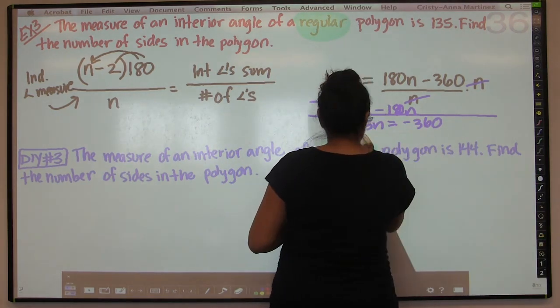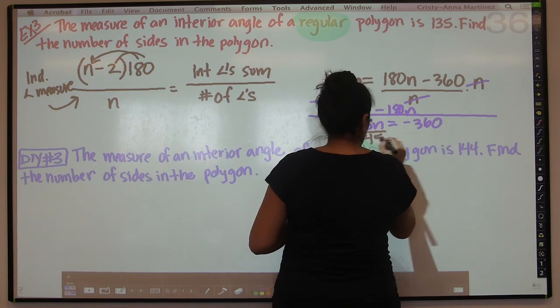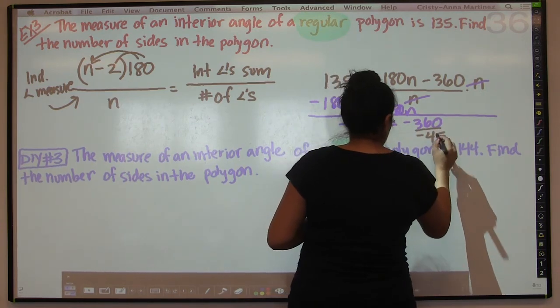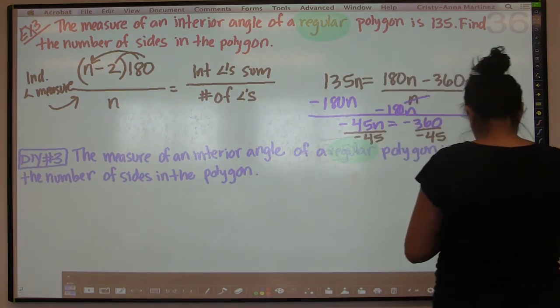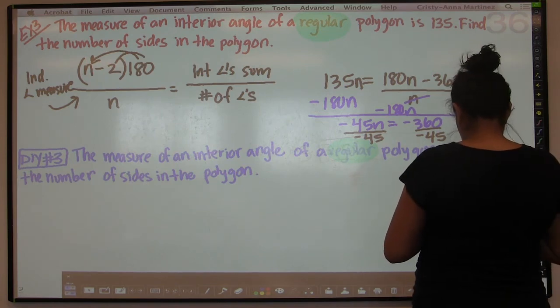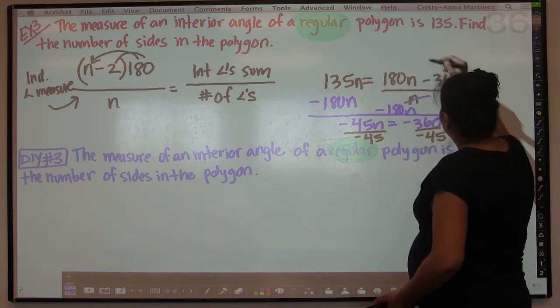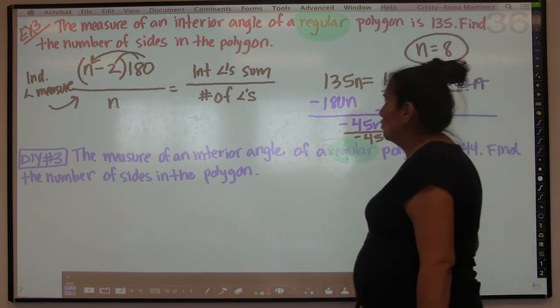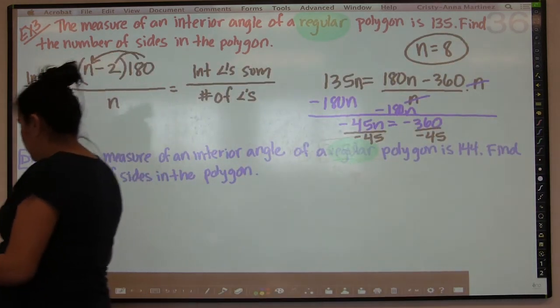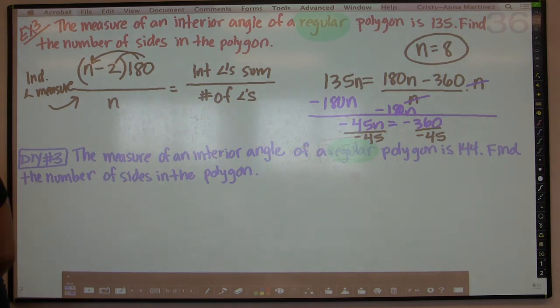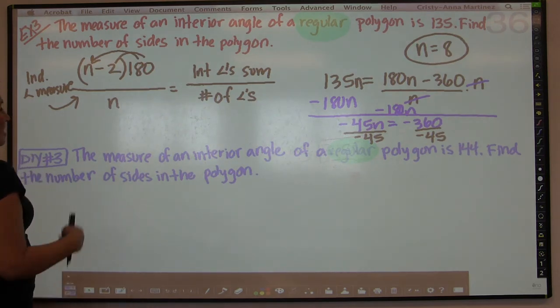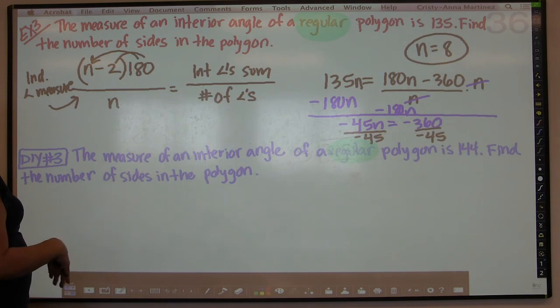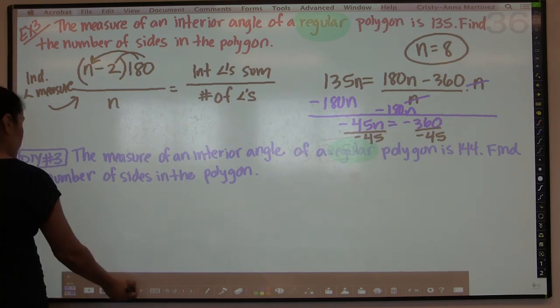Our last step is to divide by negative 45. And we get 8. So that means that the number of sides is 8, and so this was an octagon. So that's how you work backwards. When they give you the angle measure and they want to know the number of sides, you have to work backwards. So we want you to try to do number 3 yourself, and then we will go on to